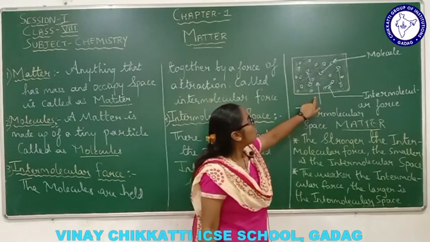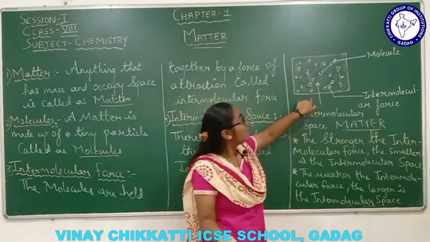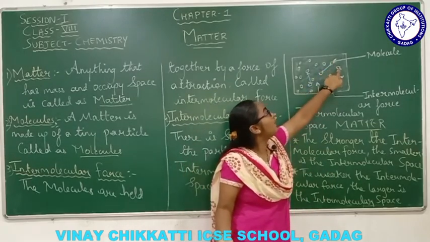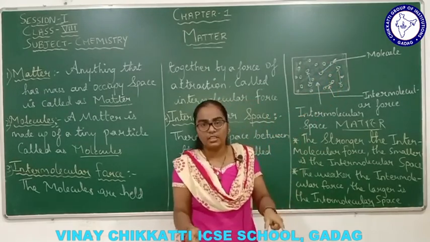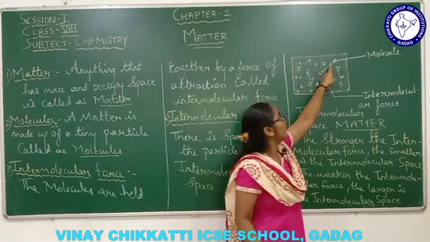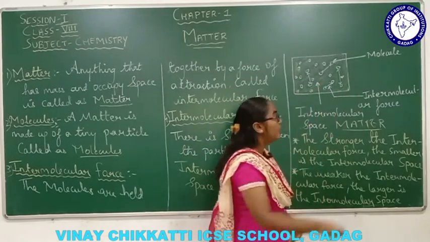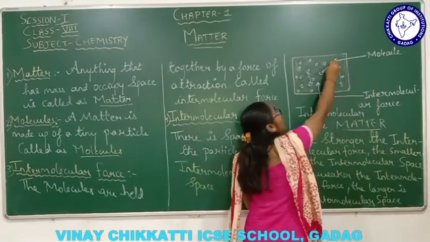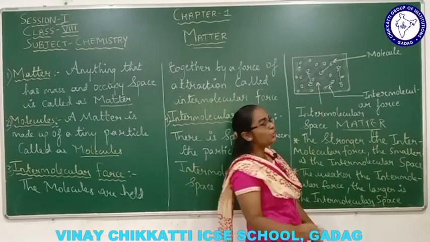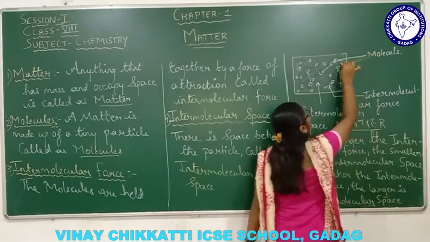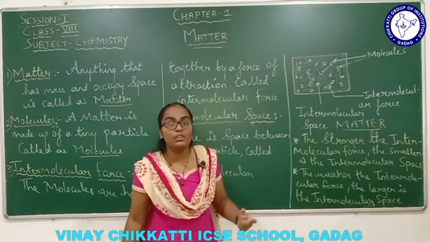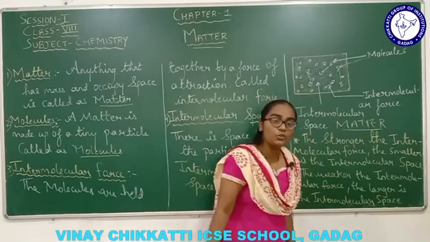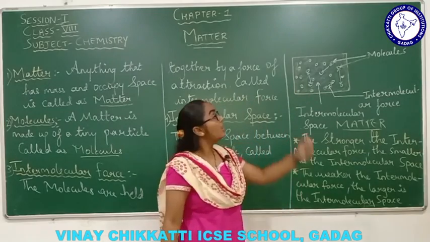Right. So this is one kind of matter, and this matter is made up of tiny particles, many tiny particles. You cannot count them, right? Many tiny particles which are called molecules. If one is there, the singular form, it is considered a molecule. If many are there, we consider them molecules, the plural form, right? So those are the tiny particles which are called molecules.